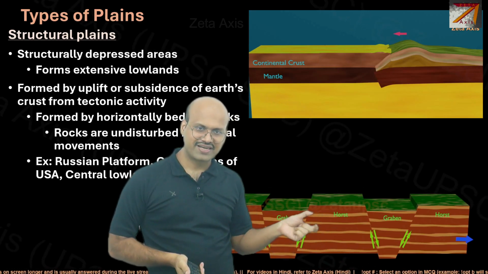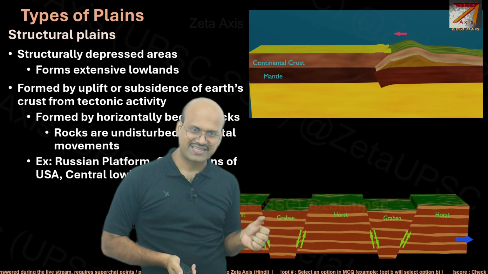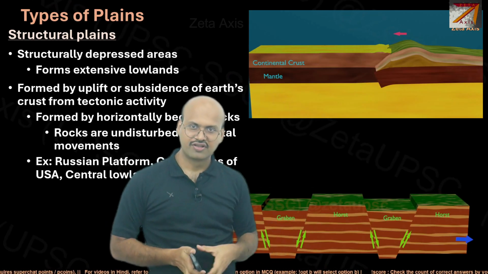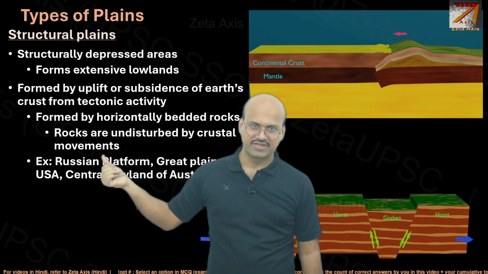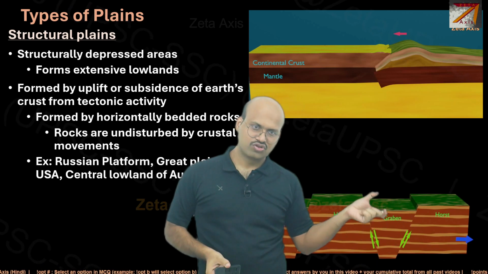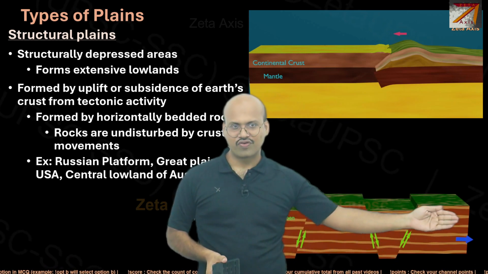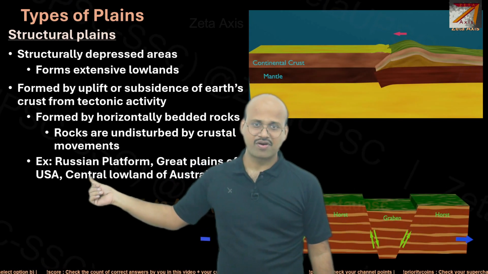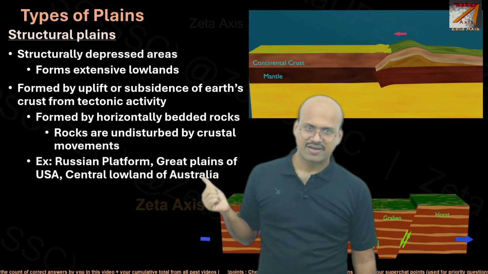Here we can see that if this region forms a plain, the rock bed remains as is, it is horizontal. So it is formed by horizontally bedded rocks. Rocks are undisturbed by crustal movements. All these rocks, though they move downwards, were undisturbed by the overall crustal movement occurring there. Russian platform is an example, Great Plains of USA, Central Lowland of Australia are examples of structural plains